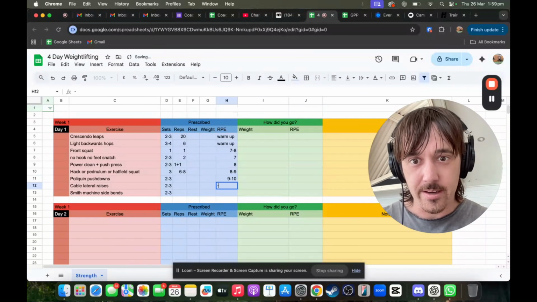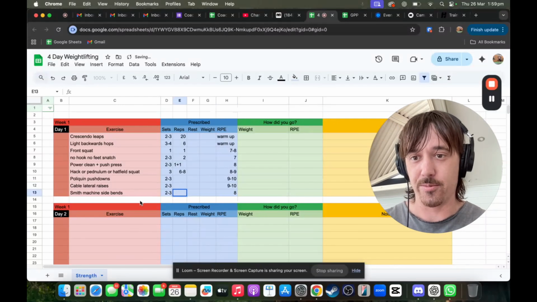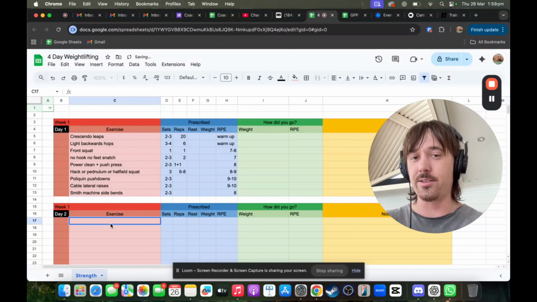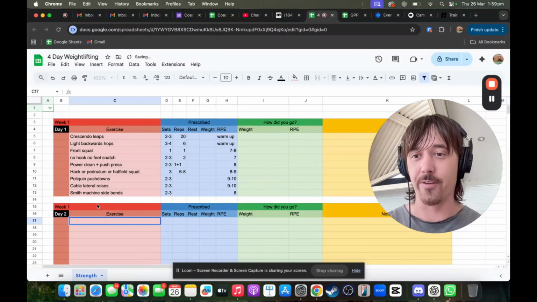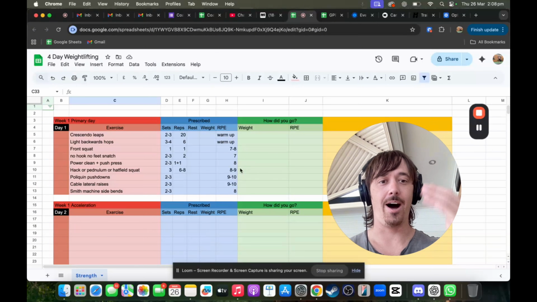Okay, high RPE on these, and we'll just go moderate on the Smith machine side bends. We don't want to be too wrecked around the midsection the next day because we're going to get into a more acceleration-focused workout. Now, just to take a moment to open up this discussion on applying RPE to the training